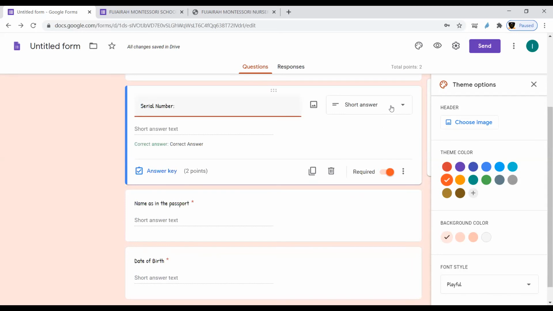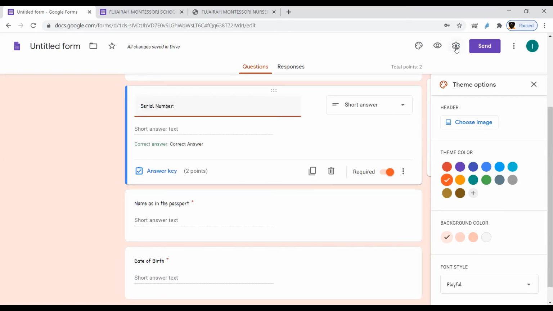But it is possible only in multiple choice questions, because in multiple choice questions the options are there and you have to give the answer. Yeah, this option is correct. Like here, we had given a short answer. Yes, in this manner, you can create your quizzes also. But this is a form, so we don't want it like a quiz.